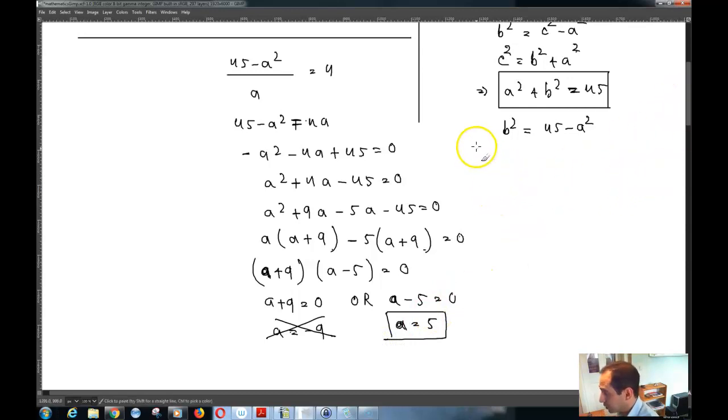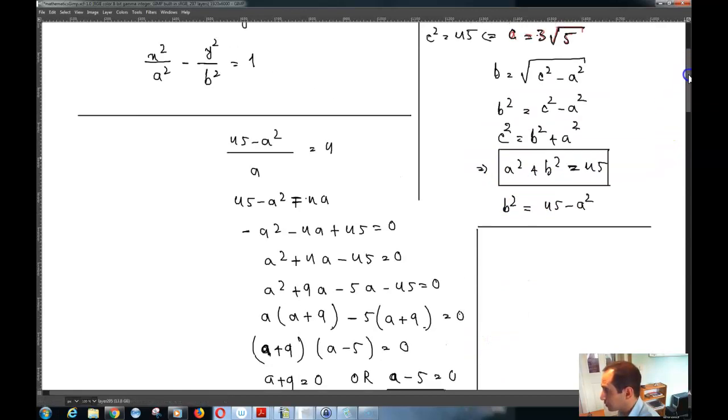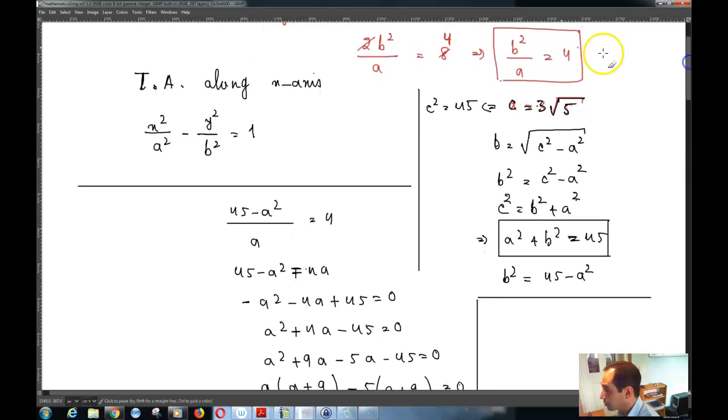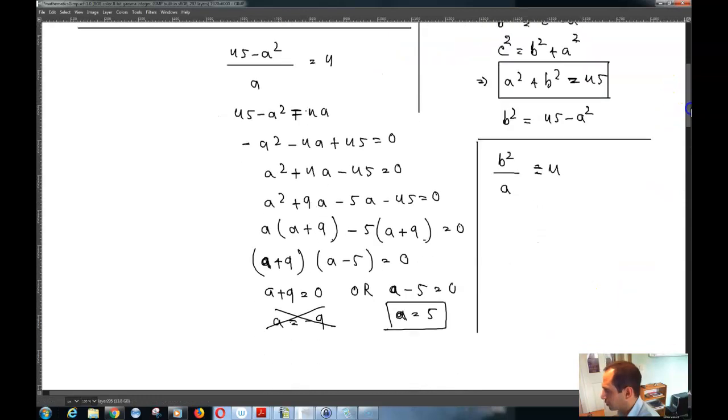Now if a is equal to positive 5, what we had over here is some equation. For example, b squared by a is equal to 4, and so a is equal to 5, so I can write b squared by 5 is equal to 4. That means that b squared is equal to 20, and b is equal to plus or minus the square root of 20,